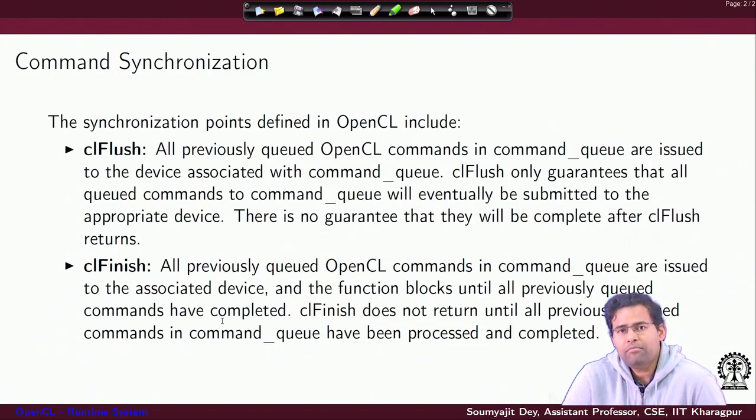So, you have enqueued them, and clFlush ensures that all of them get submitted